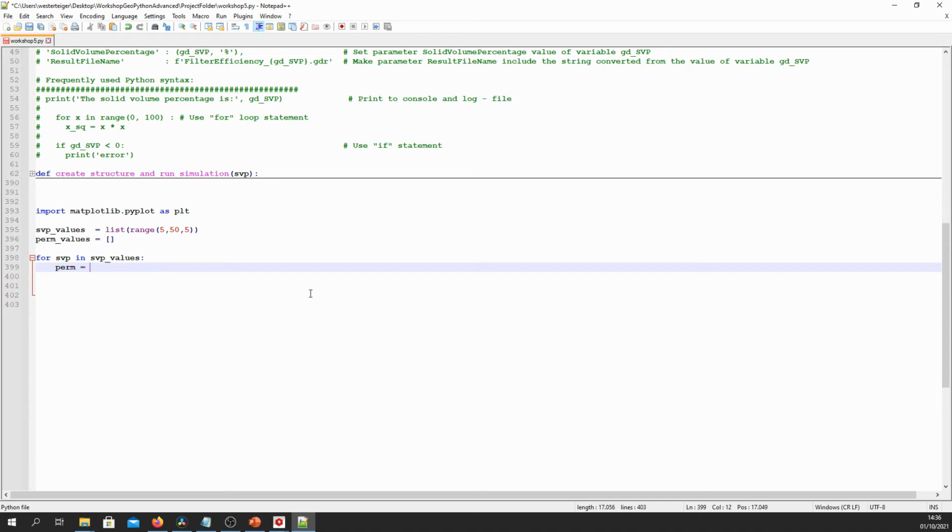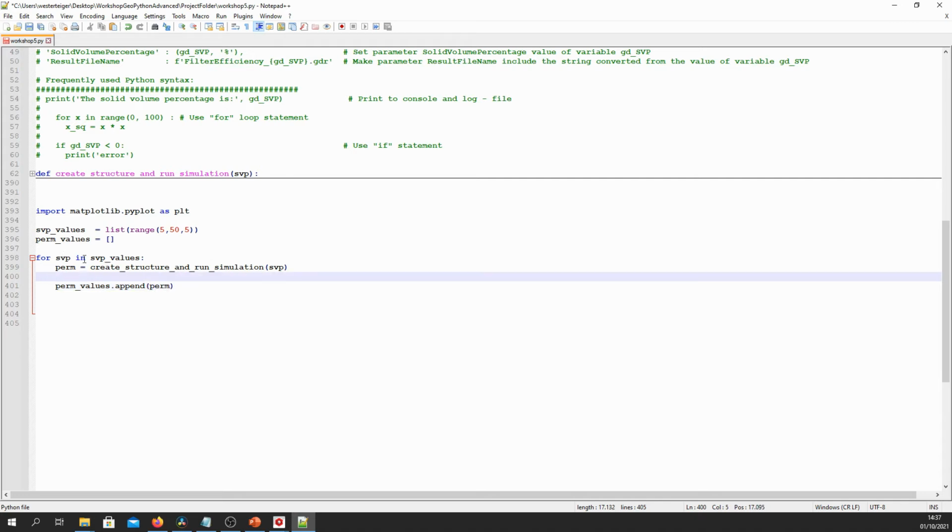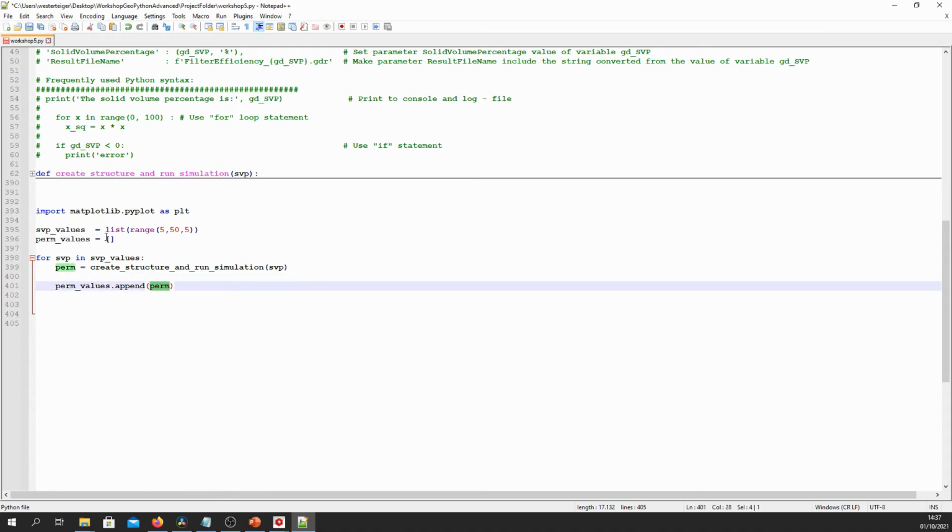So now again, this is actually the same line as before. So perm equals create structure and run simulation of SVP. So run the simulation for that SVP and obtain the permeability. And then we do perm_values.append(perm). So this loop will again execute for each SVP value, obtain the permeability, take it and append it to this list of perm values, which is empty at the beginning, but at the end will be filled.